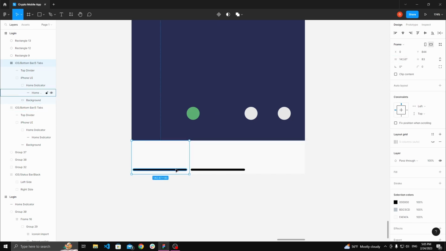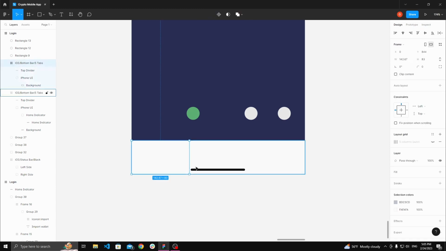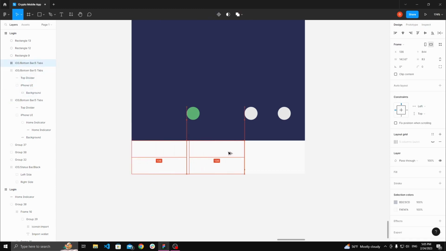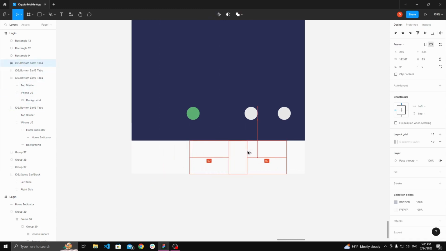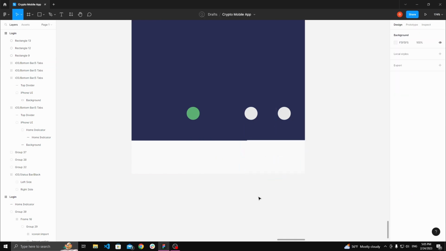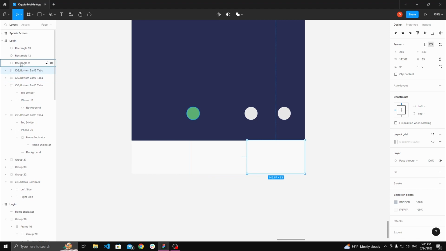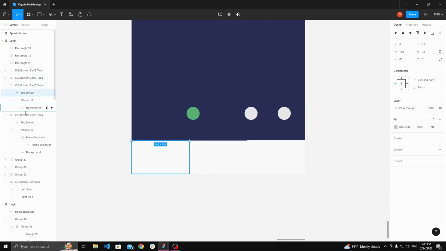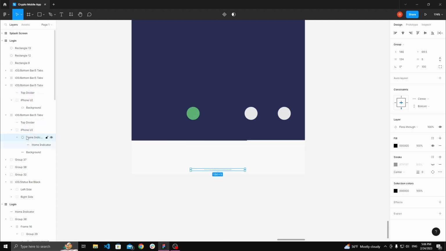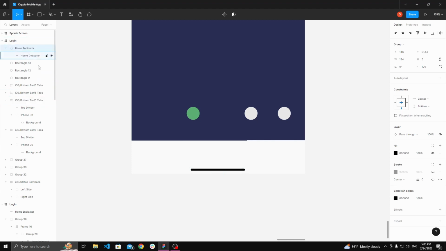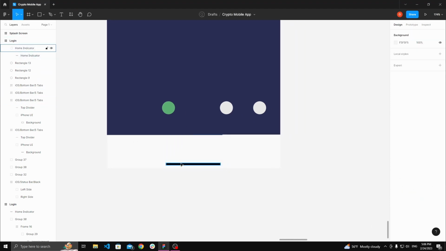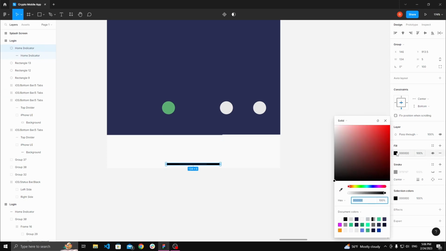There we go. Just delete this item, and what you want to do is copy this 3 times across your whole frame. And what we're gonna do now is we're going to select this. Where's the indicator? Yeah, we're going to place it at the top here. There we go, so we can see it. We're going to give it a white color,